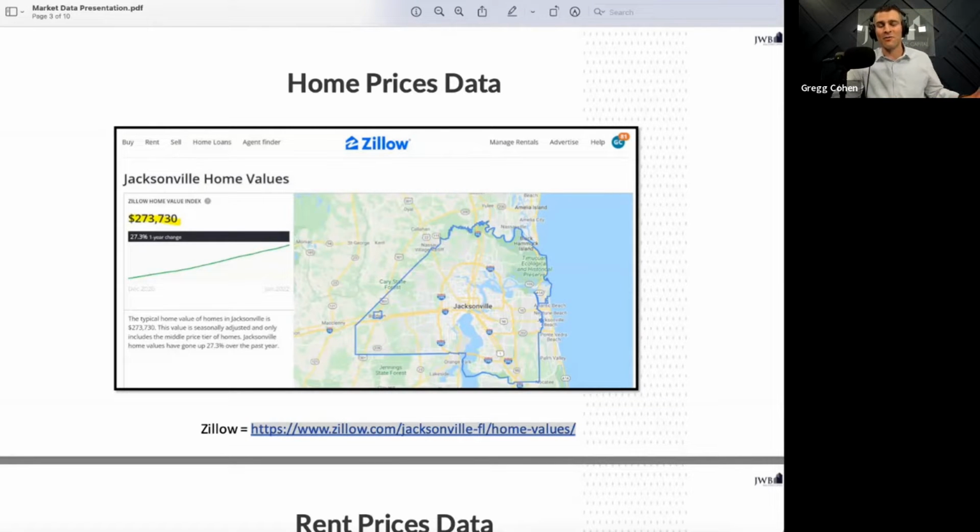So what I did is I went to the common comparable cash flow markets out there, which you guys are going to see. It's Memphis, Kansas City, Cleveland, Birmingham, Dallas. And I went to Zillow on all those and just pulled it for that day. What is the home value index for Zillow?